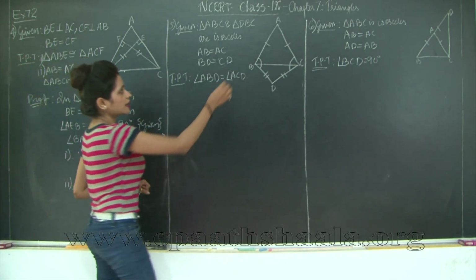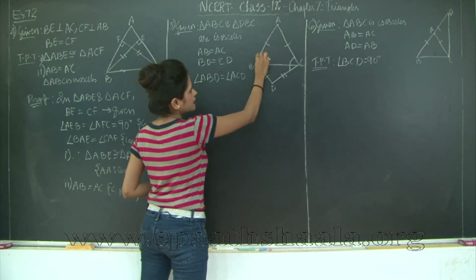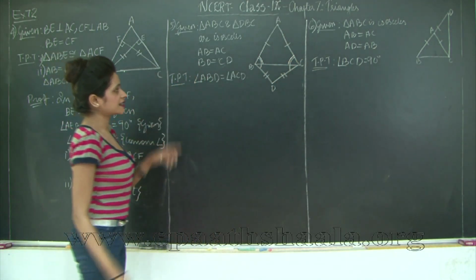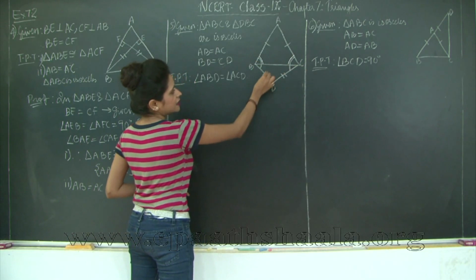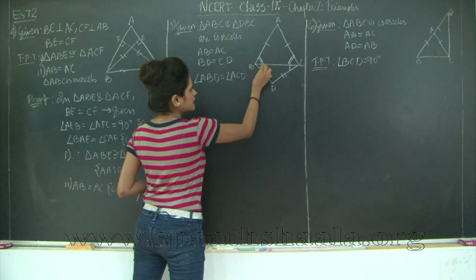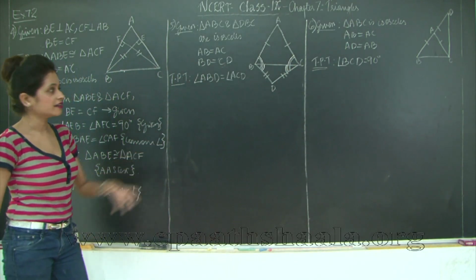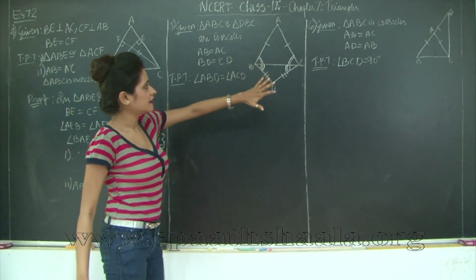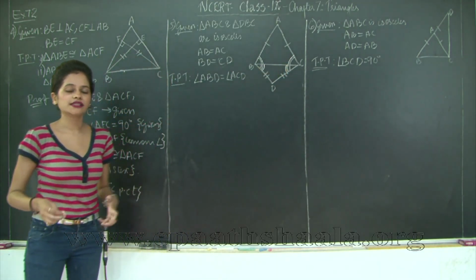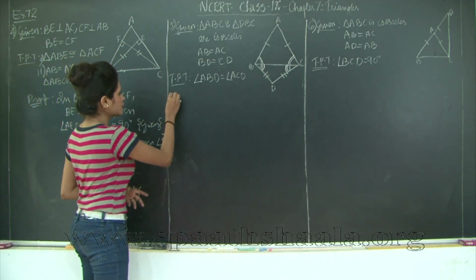So first of all, if you take into consideration triangle ABC, we have equal sides, therefore the opposite angles. This angle is going to be equal to this angle. Correct? Also, if I take into consideration triangle DBC, these two sides are equal, therefore the opposite angles are going to be equal. So I'll say this angle is equal to this angle. Correct? So when I add this angle with this angle, we'll get it is equal to this angle plus this angle, because when equals are added to equals, then the wholes are equal. This is through Euclid's geometry, chapter number 5, if you remember. So let's prove this.